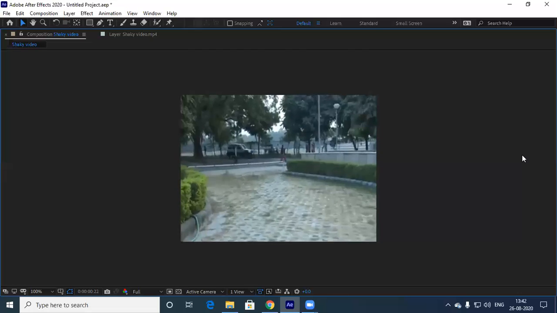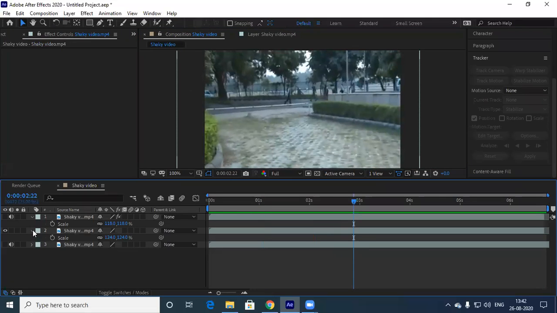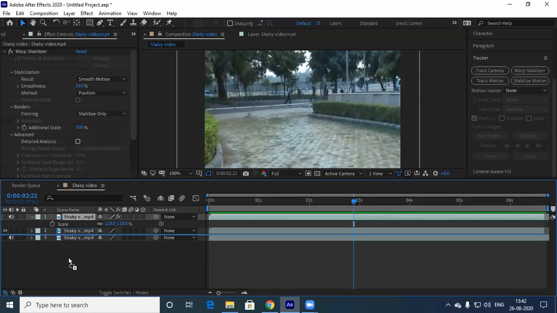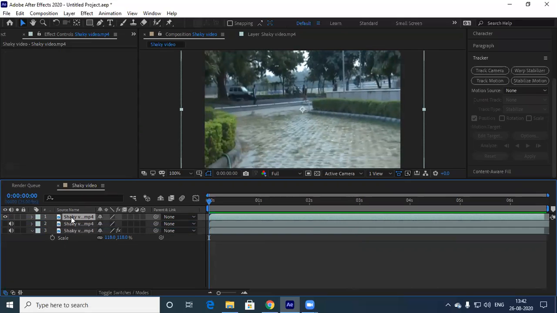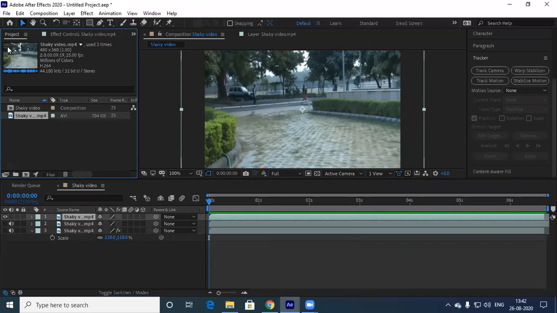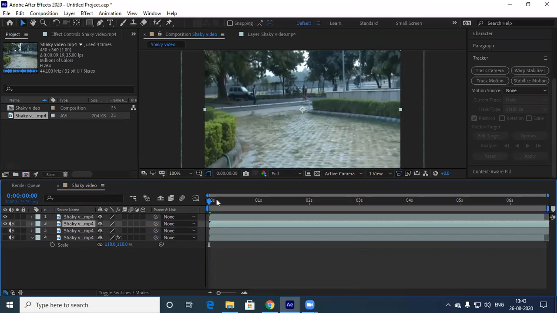Once this particular thing is done, let me just keep it down here. This is the one which we have done. I'll add the raw footage here, below this. Now before and after, we'll see the output.